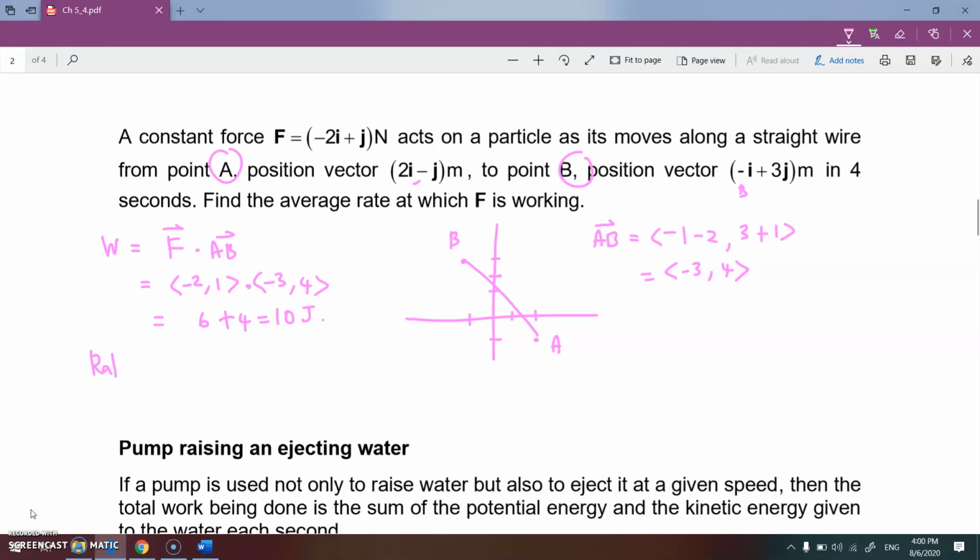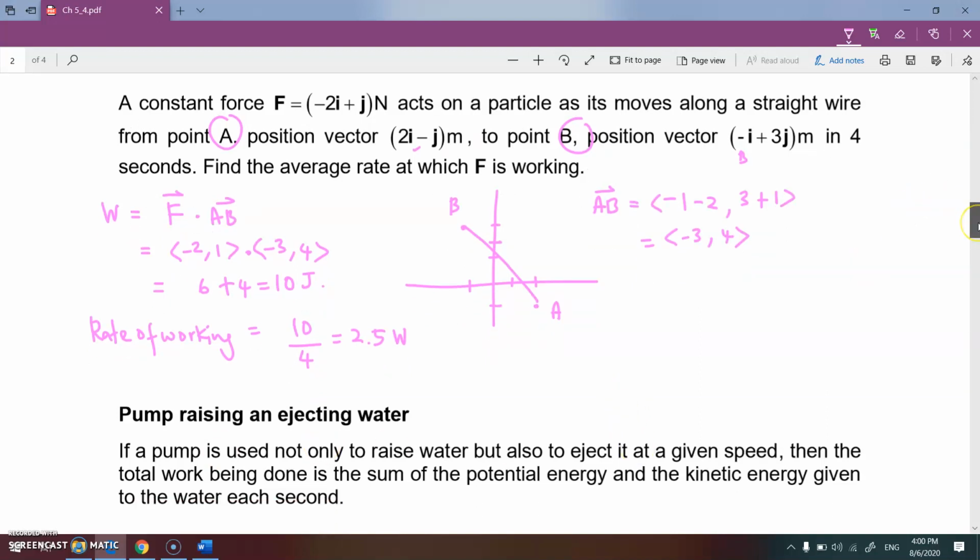Okay, what is the rate of working? We divide by the seconds. How many seconds? In 4 seconds, so divide by 4. So your answer is 2.5. The answer in the book is incorrect. So you need to, it's instead of 4, the answer